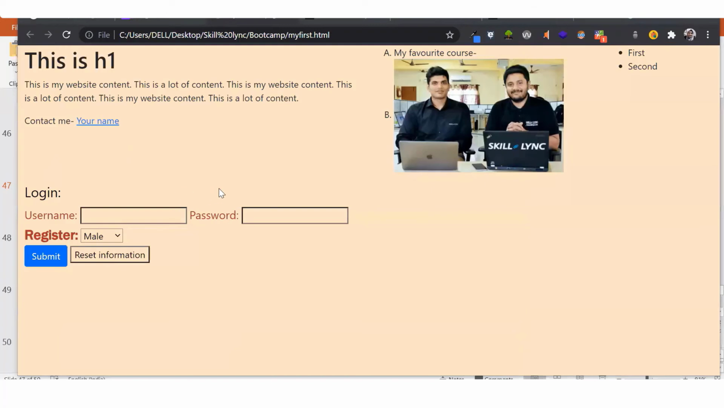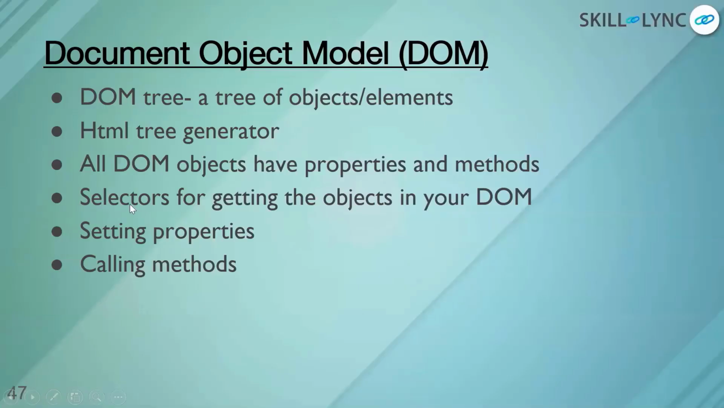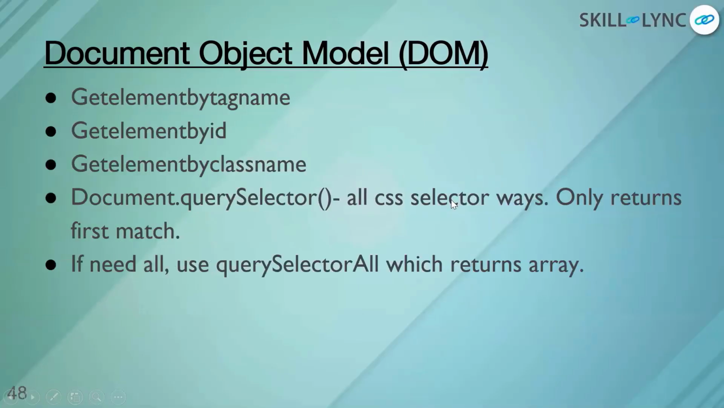So you've seen the HTML tree generator. You've seen different document object model properties and methods, and how you would select them. So you already saw document.querySelector. You know all the CSS selector ways you can do. For example,